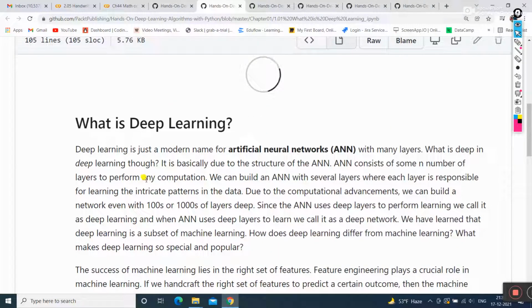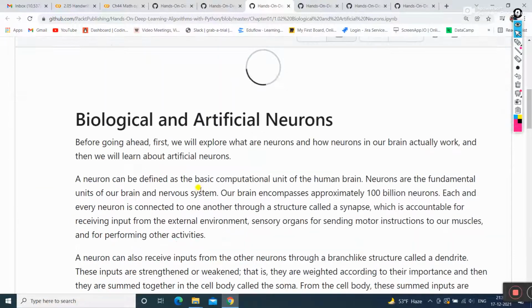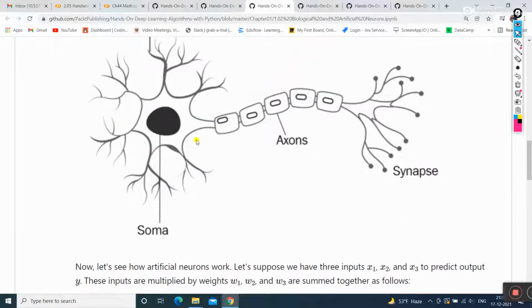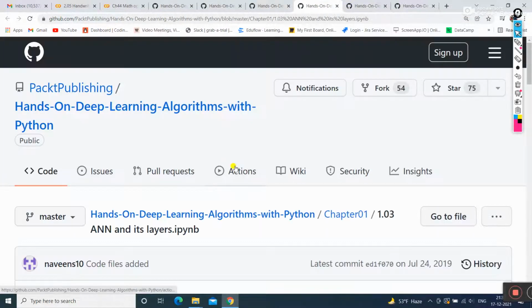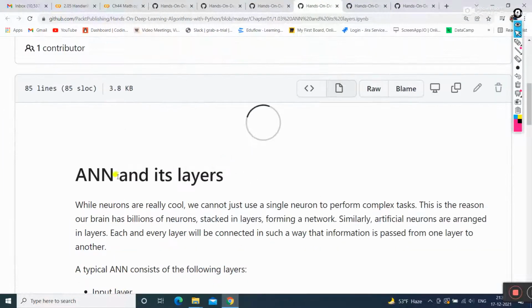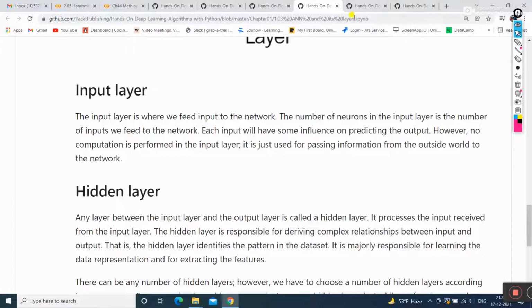So in this video we will learn about what is deep learning. Deep learning is just a modern name for artificial intelligence, ANN. Then we will have the hands-on practice of artificial neural network, how it is going to be defined in different sections. Then we will cover this ANN and its layers, how input, hidden and output layers are going